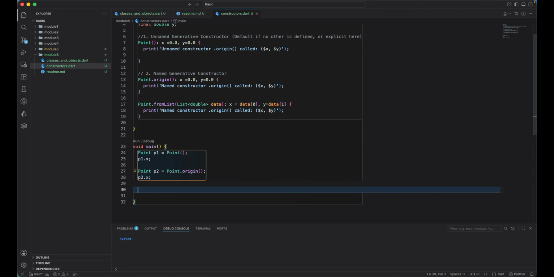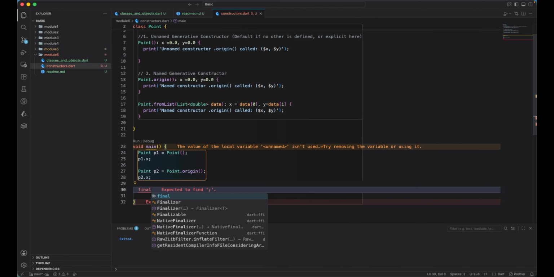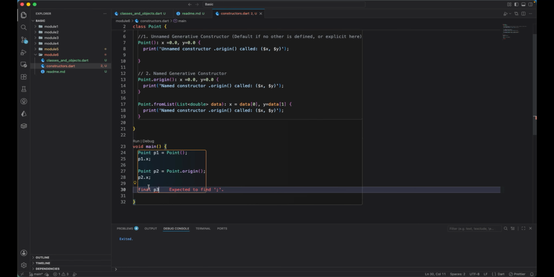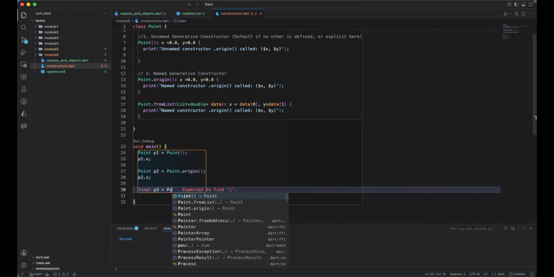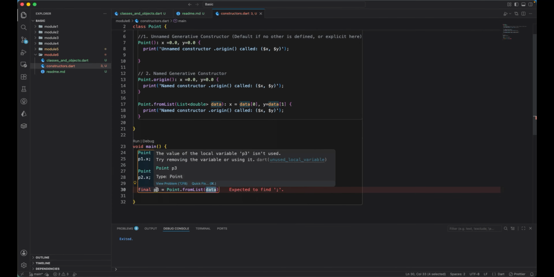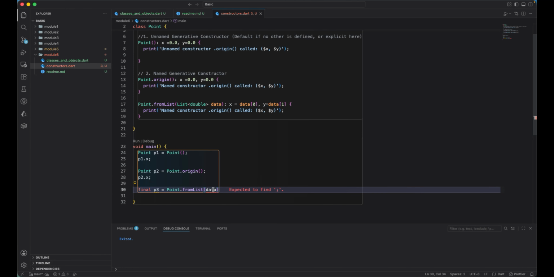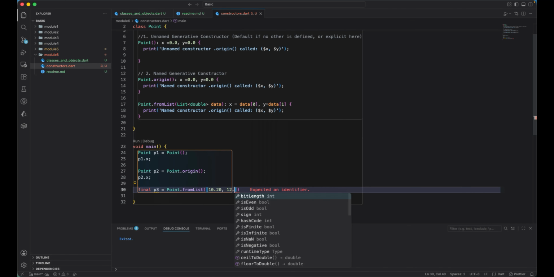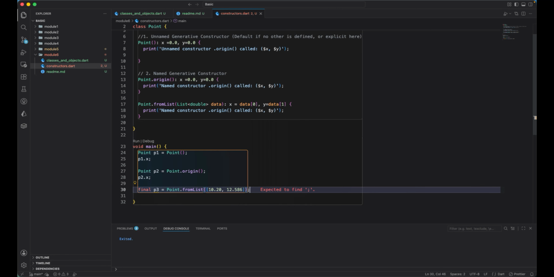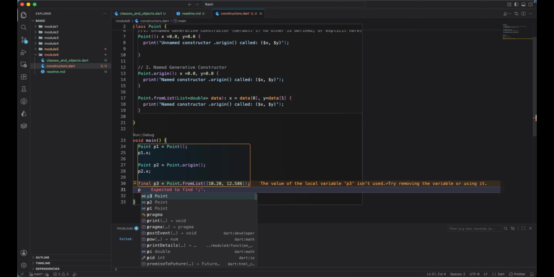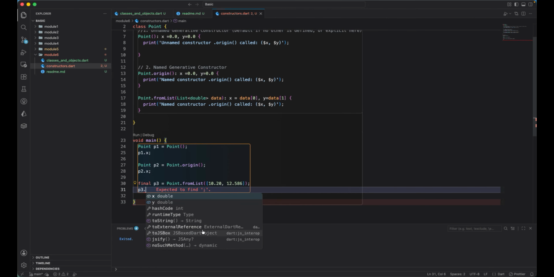Now if I go and create that, let's say final p3 over here, right? This is auto type inference. We have already learned this one. We don't have to strictly mention the type over here, but we can just provide our Point from list, and it's going to auto infer the type, which is Point. We have learned that one already. And in the list, I'm going to provide some value over here, comma, and then let's provide another coordinate of 12.3 and 58.6 over here. And now the same thing is going to be executed for Point. And then let's just say the x,